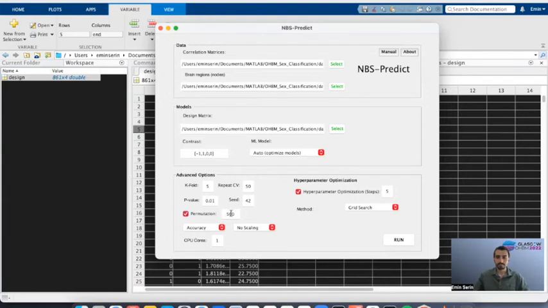The number of permutations like 500 or 1000 are common, but if your sample size is high enough, and also if you want to do really quick model prototyping, you can also use lower numbers like 100, which we're going to use today.